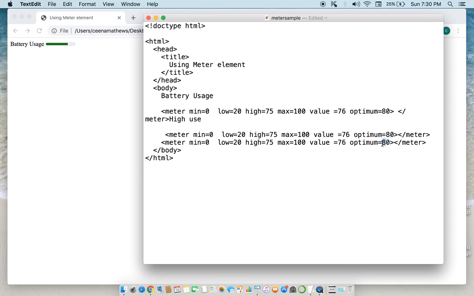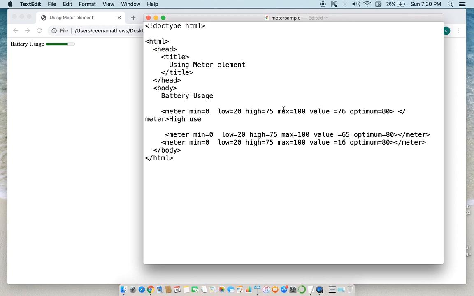In the second case, I'm going to give the optimum as, okay, sorry, this is 16 and this as between low and high represents the medium. So I'm going to give here 65.